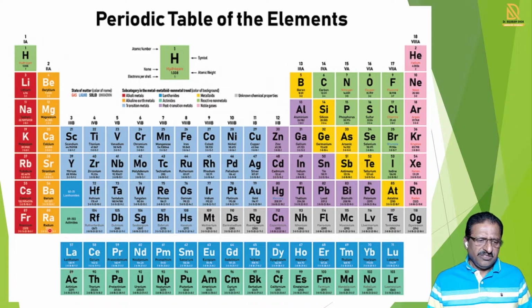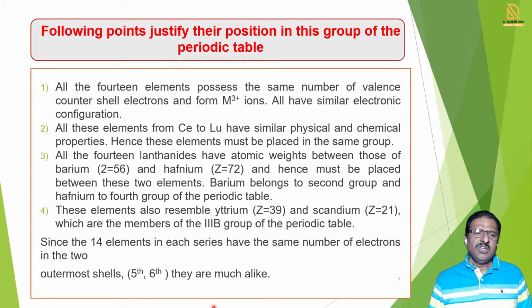This actinide series is in the 7th period. It starts in the third B group, from atomic number 89. So this is also an inner transition series, the actinide series. In the actinide series we will see all these elements in detail. These elements have a position in the series, and we ask why they are present there.